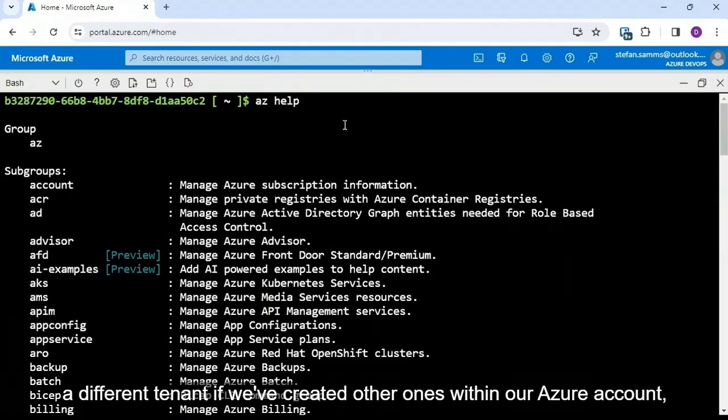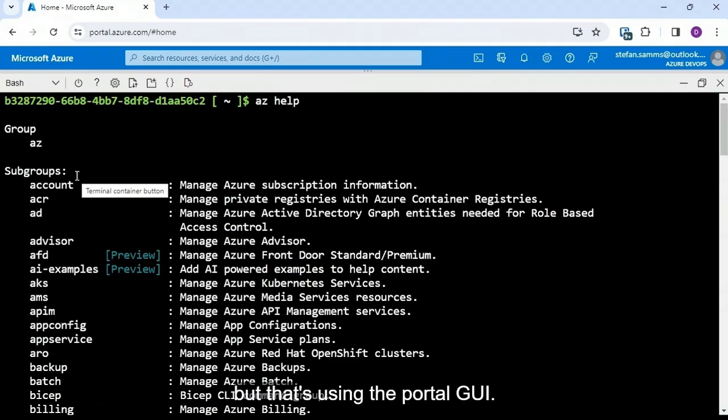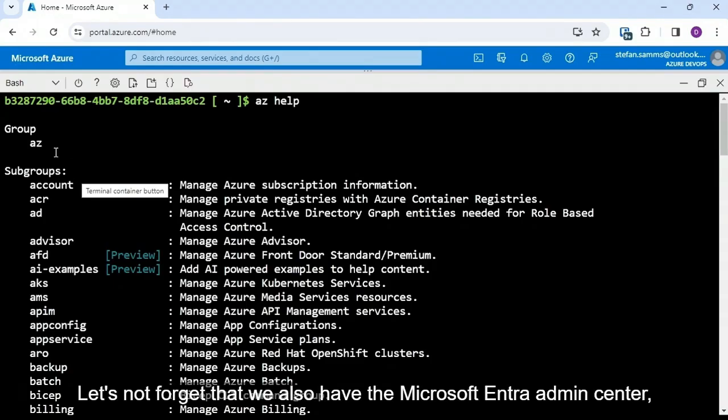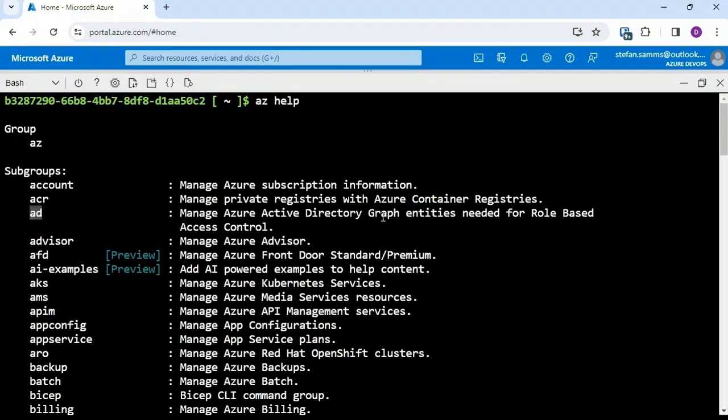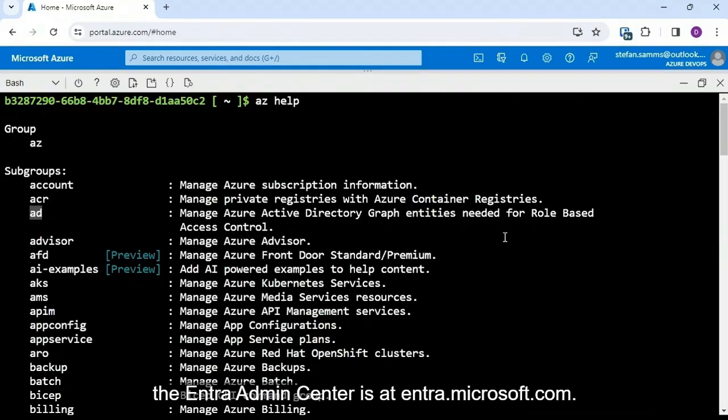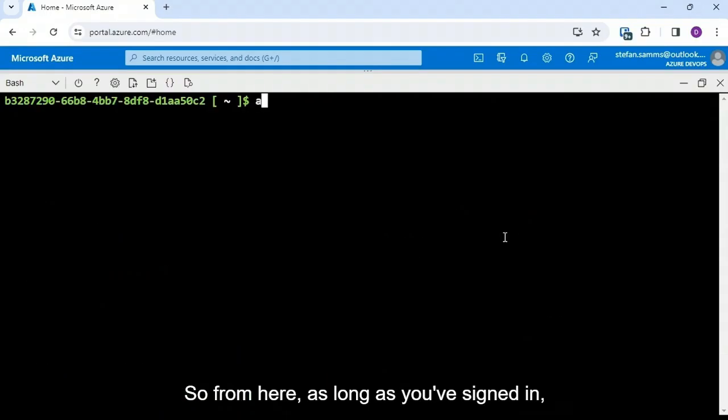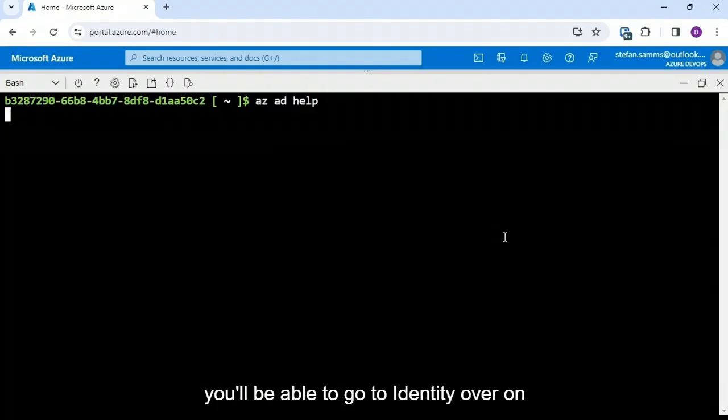So if I go back up to the help, the next level subgroup, so it means the next thing I would type in after AZ and a space would be, for example, AD for Azure Active Directory. Even though the CLI still calls it that, we know, of course, that means our Entra ID tenant. So if I clear the screen and run AZ-AD help, so take it a step further,